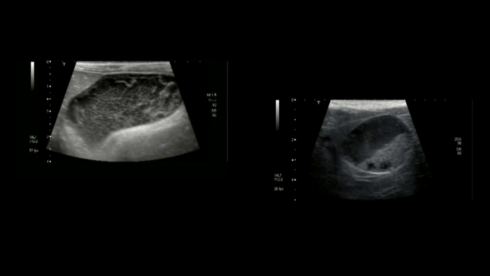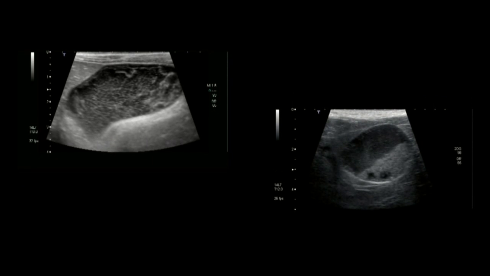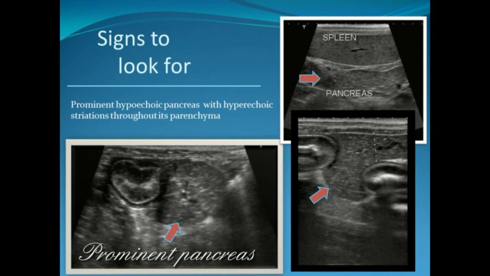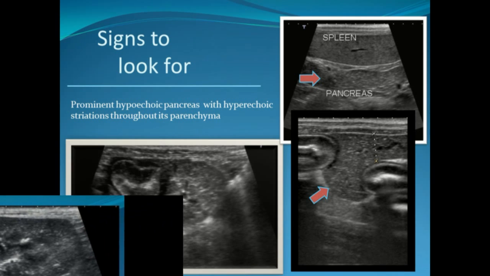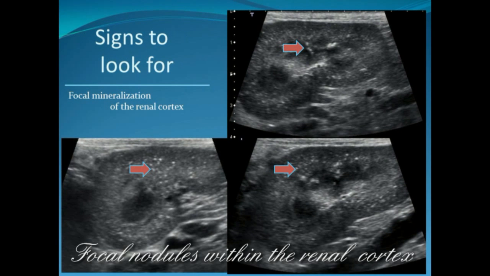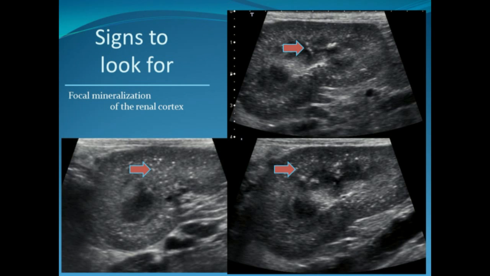mucocele. The other oddity that we see with a lot of these patients is that for some reason that I can't explain as of yet, the pancreas becomes very prominent on ultrasound and very, very easy to find. Actually, some of your best images will be of the pancreas of a Cushing pet. The other thing we see are focal areas, not in every pet, but in many pets you see focal nodules that are hyperechoic that are present in the renal cortex of the kidneys. The significance of which I'm really not sure of at this point, but it's an observation worth thinking about and keeping